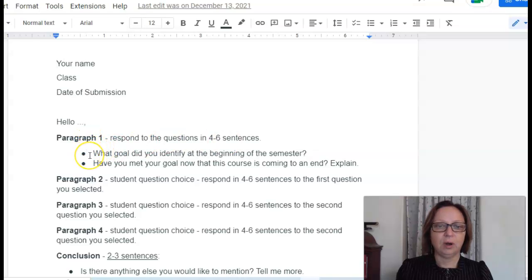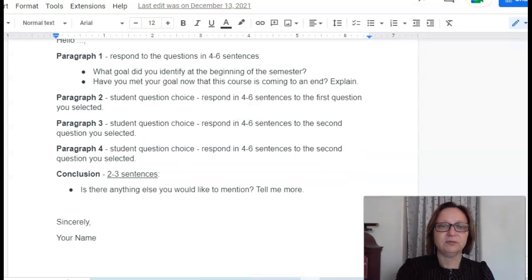So for paragraph 1, what goal did you identify at the beginning of the semester? And have you met your goal now that this course is coming to an end? So we're going to give a brief explanation of that. Paragraph 2, so this is a student question choice, which is the same for paragraph 2, 3, and 4.